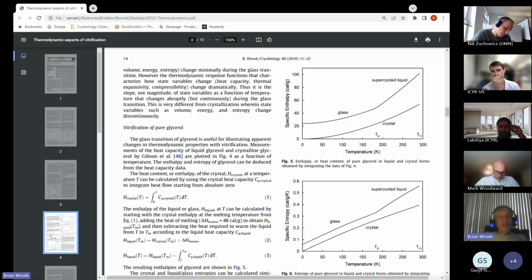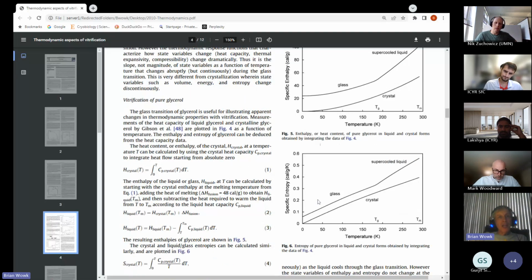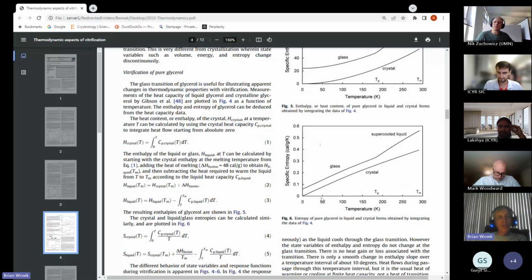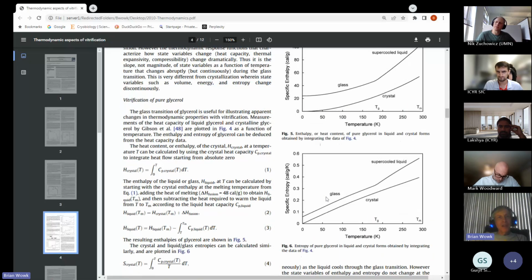So there's another thing we can do here, which is if as we build this graph in figure 5, we divide the heat flow by the temperature as we go, then what we're actually doing is making a plot of the specific entropy, because entropy is defined by heat flow divided by temperature. And so then what you find is, in the case of the crystal starting from absolute zero, the entropy increases,